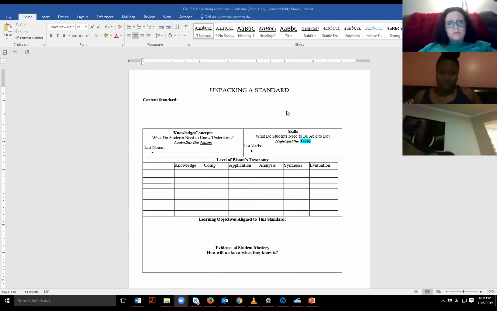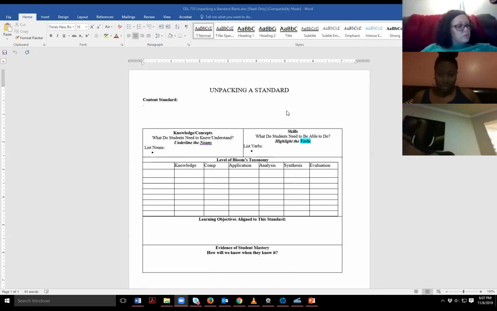It can be from your state. It can be from your school's curriculum or your district's curriculum. It can be Common Core. You choose the standard. Now, ideally, what I would encourage you to do is to make sure that you're choosing a standard that actually applies to your real life, because this may be something you want to use and duplicate in the future.